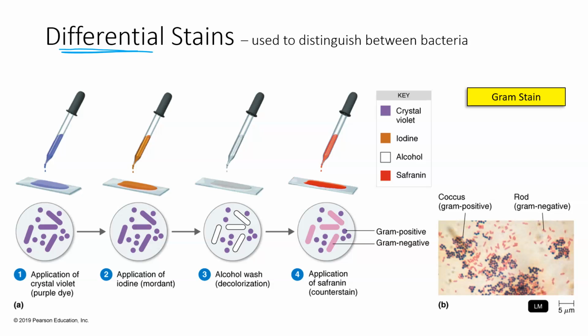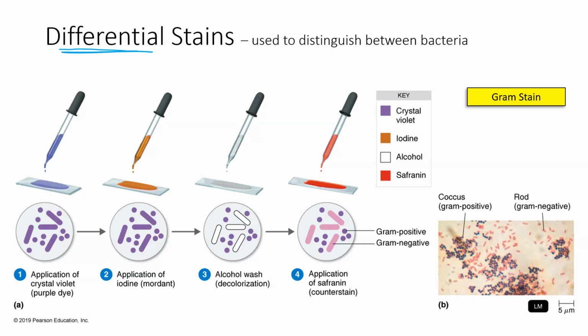Now, it isn't important that you understand what makes a bacteria gram-positive or what makes a bacteria gram-negative at this point. That will come next chapter. But for the purposes of this chapter, we need to understand what the gram stain technique is. And so the gram stain is a series of 4 steps that you can clearly see outlined in this particular